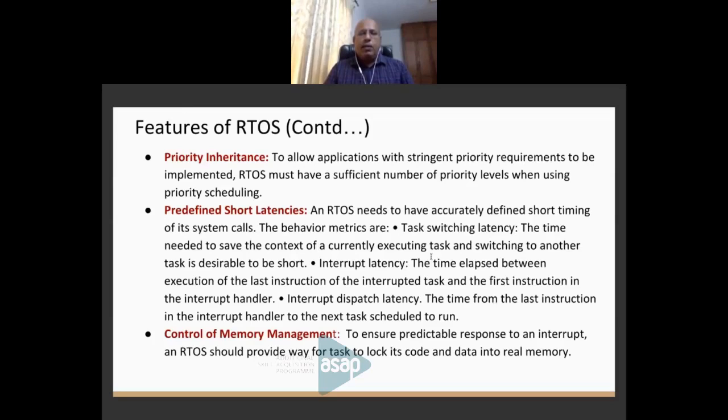But when we come to the task level, we have to bring our operating system into the picture. There, as I told, multiple tasks will have multiple priorities. Suppose a low priority task is executing in the CPU. Suddenly a high priority task is triggered because of some event which has happened in the external world. Then if you have disabled the interrupts for a long time, again you will not be able to respond to the high priority task. So there is this concept called task latency,